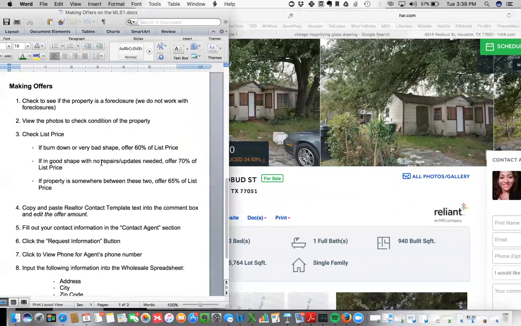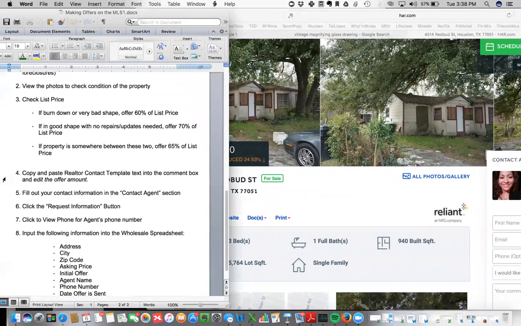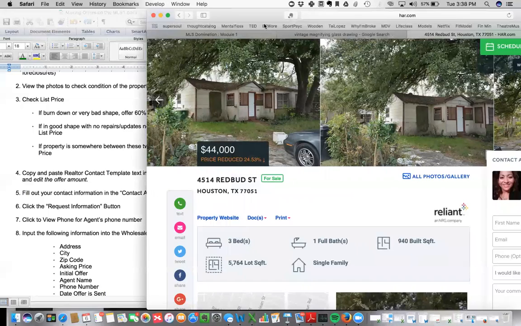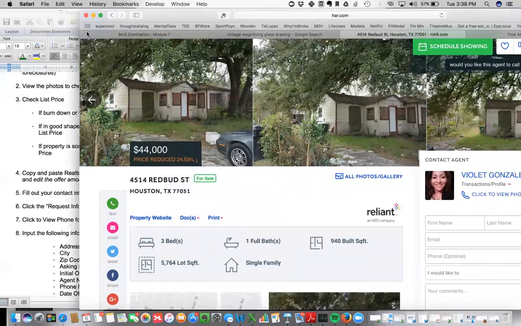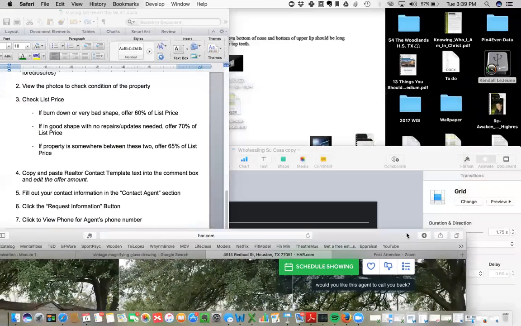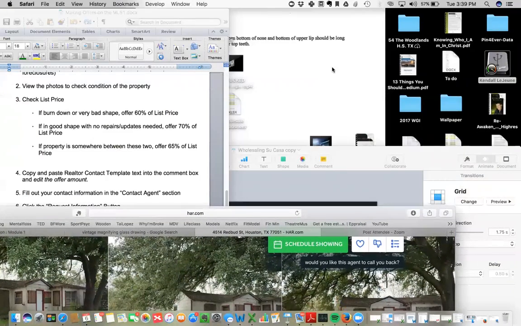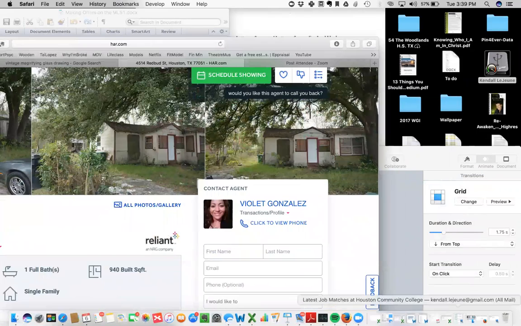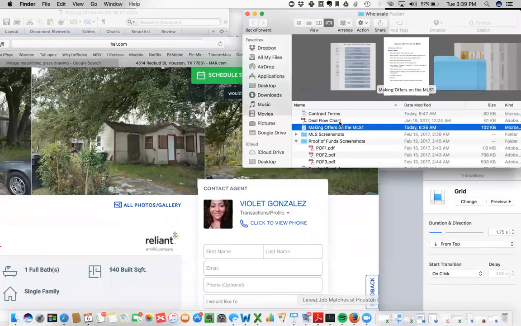So, actually making the offer. Step 4, copy and paste the realtor contact template text into the comment box and edit the offer amount. That's very important. And I'm a copy and paste guy because, like I said, it's all about efficiency and getting a lot of these out. So I'm going to go ahead and find that realtor contact template really quickly, so you can see